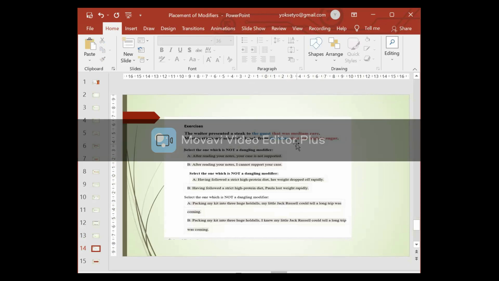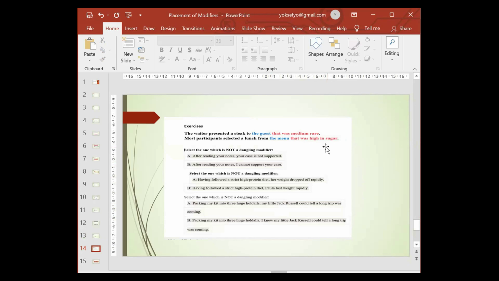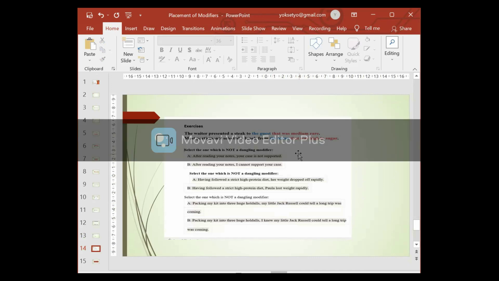So that was high in sugar modifies what? A lunch or the menu? This is an example of a misplaced modifier. That was high in